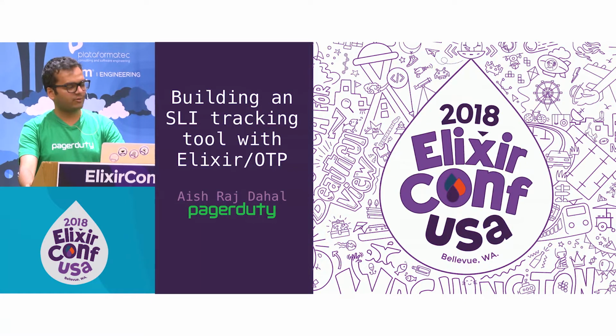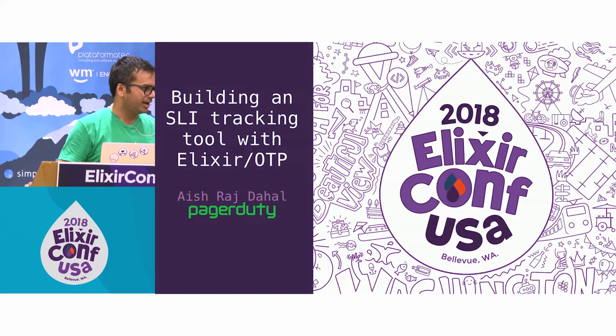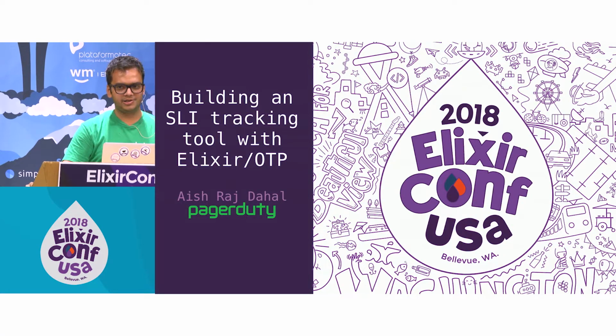I am an engineer. I work for a company called PagerDuty. We're based primarily out of San Francisco with offices in Toronto, Seattle, London, Sydney, and elsewhere, but I'm not here to pitch about my company or any of that. I'm here to talk about, as you can see in the title, building an SLA and tracking tool with Elixir